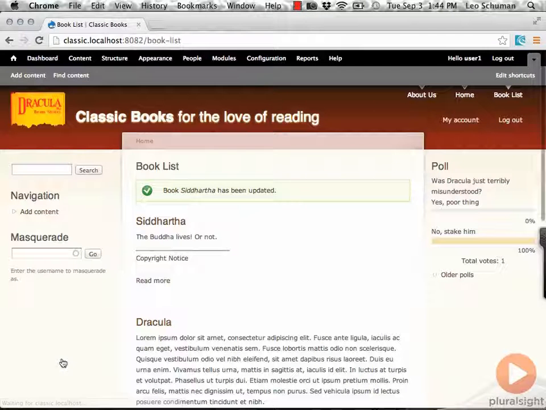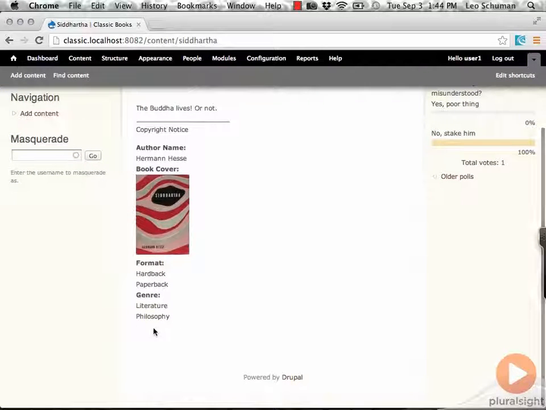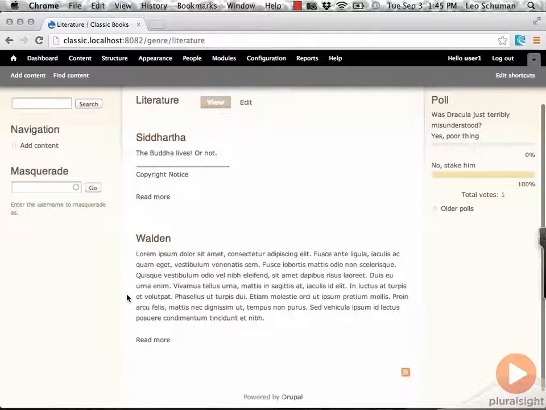I'll save that change, and then I'll click through to the node itself to see that now genre is being displayed at the bottom of the page as a list of values, but I notice those are linked. As we said, taxonomy exposes itself as links, which you can click through to a summary page for all nodes sharing that particular term. And because I had tagged both Siddhartha and Walden as literature, they are available on a summary page